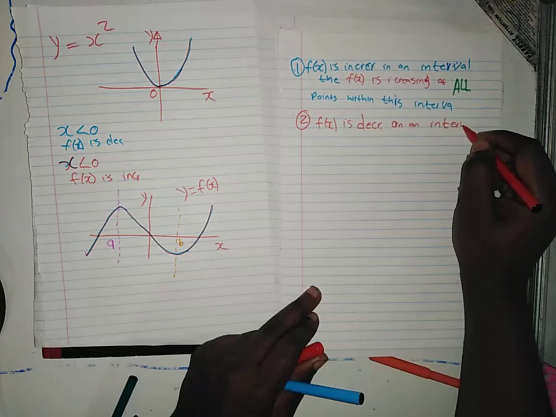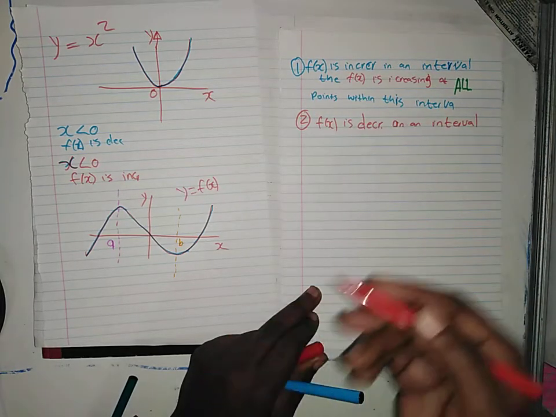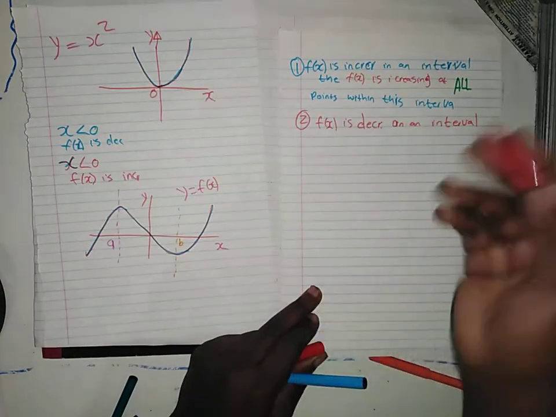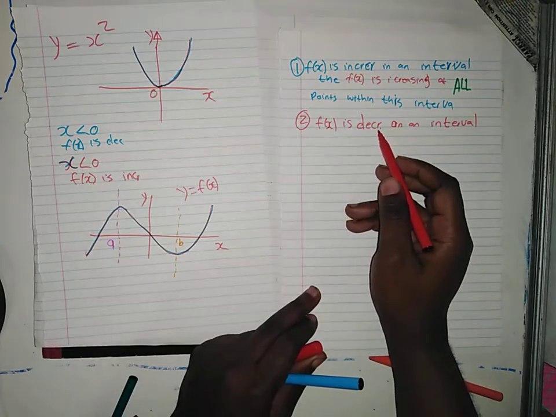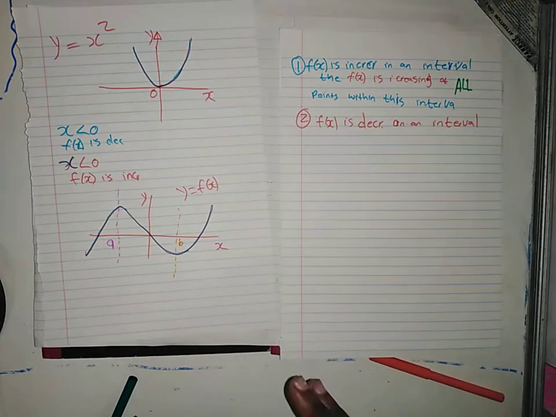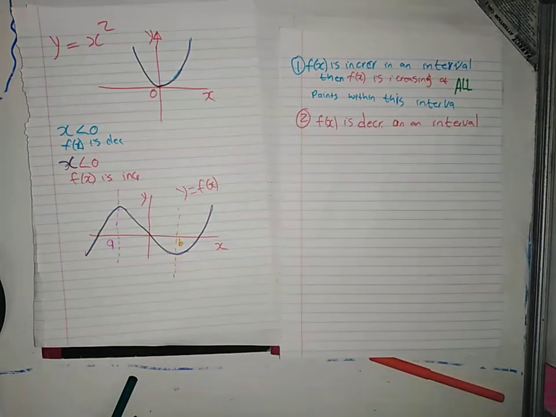So you must speak proper English, I must try to speak proper English so that I can be professional, okay? But anyway, so if f at x is decreasing on an interval, then